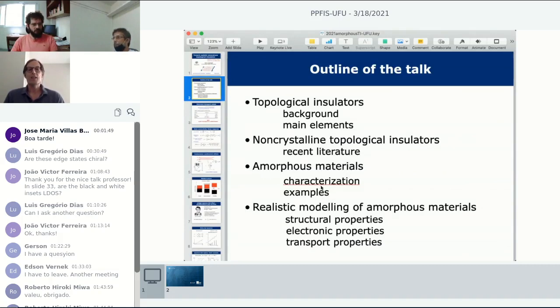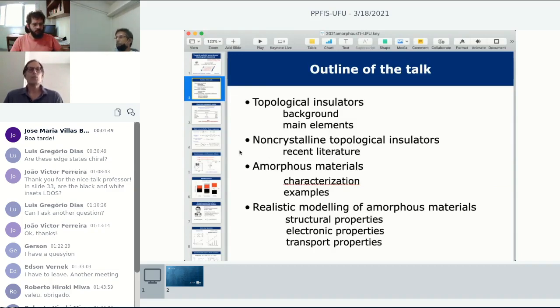And then I'll try to say some words about whether we can have actual realization of amorphous topological insulators. Can we realize this in actual materials? This is basically the effort we have been spending about 2 years now, with good results. So we learned a lot, and I'm going to share this with you.